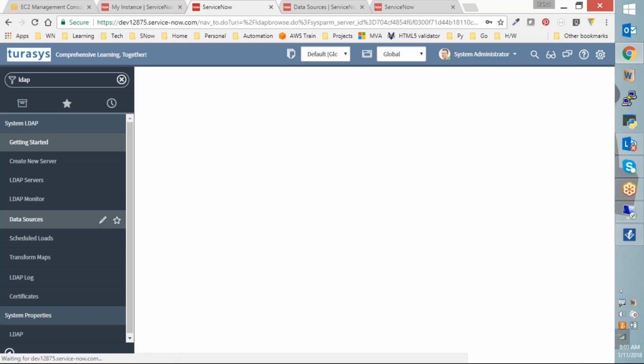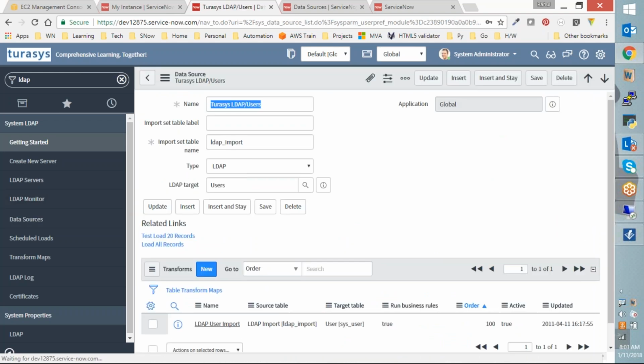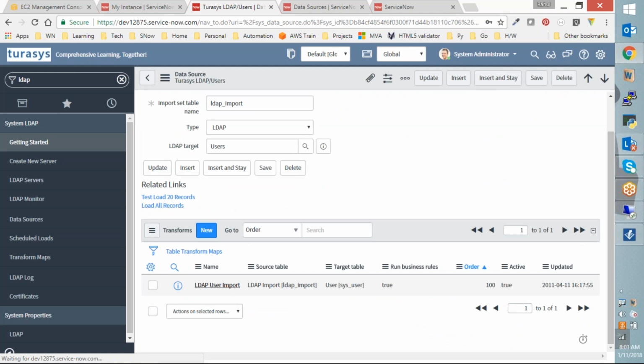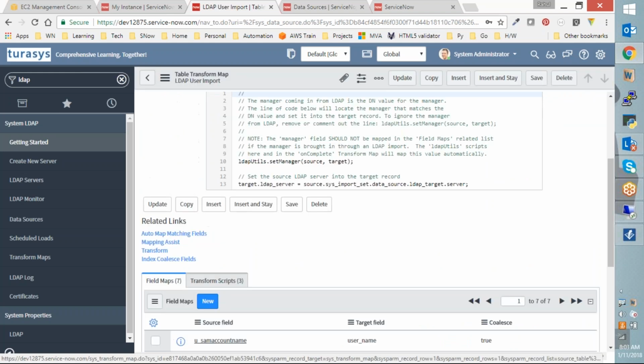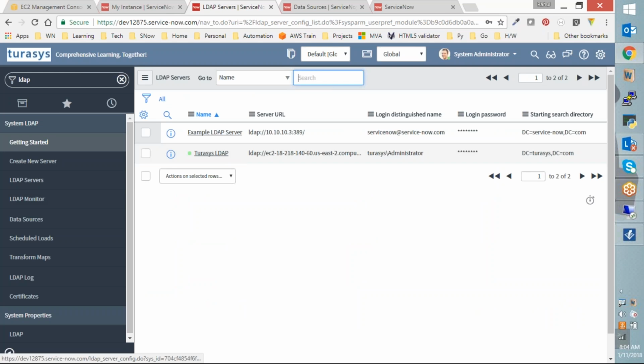If we go here into the data source, open this data source, and go into the transformation map, what we are keeping in our tables is just these 7 columns, right? Username, email, location, source, first name, last name, title. Nothing else, right? So if I go back into my LDAP server again,